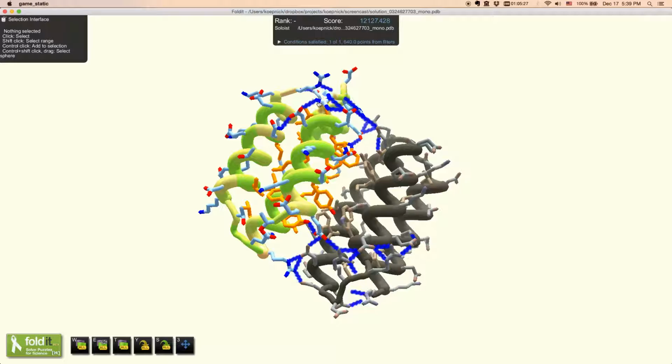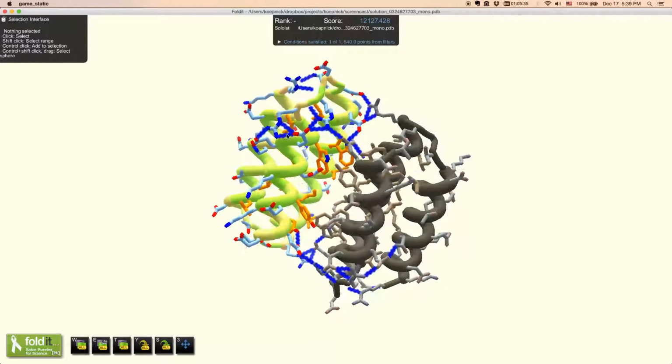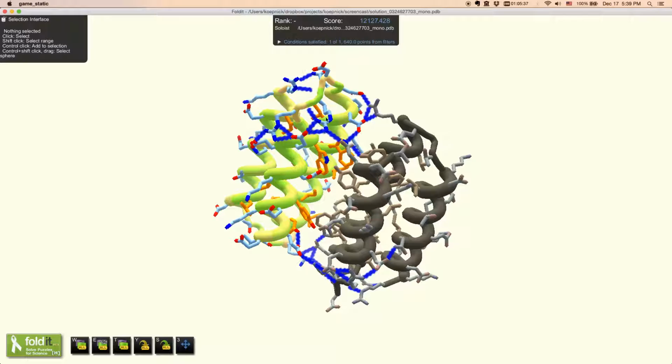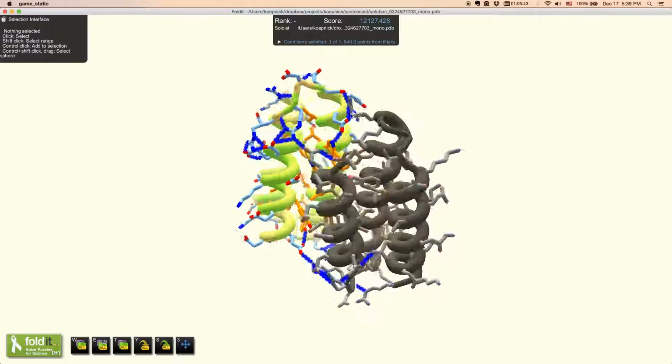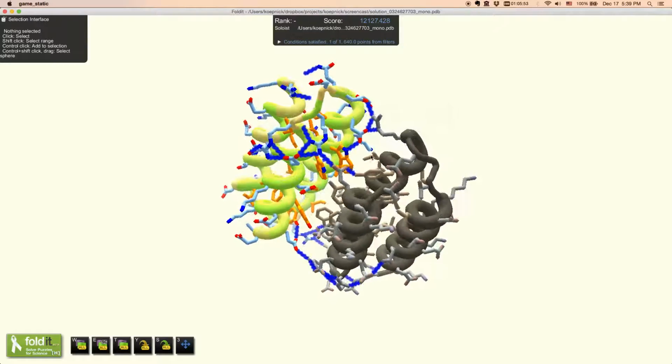Similarly, these nitrogens need to make 2 hydrogen bonds each, and also these up here need to make some additional hydrogen bonds. So this network is not getting any points, and neither is its symmetric copy down here. This other network over here looks much better. It is 80% satisfied, and it is making 3 interface hydrogen bonds.